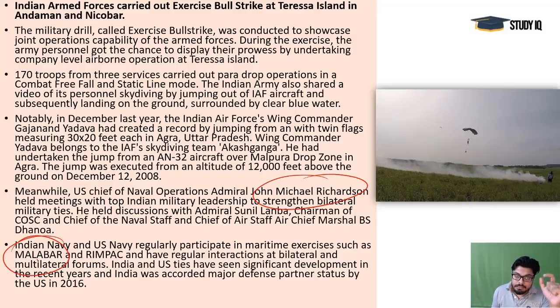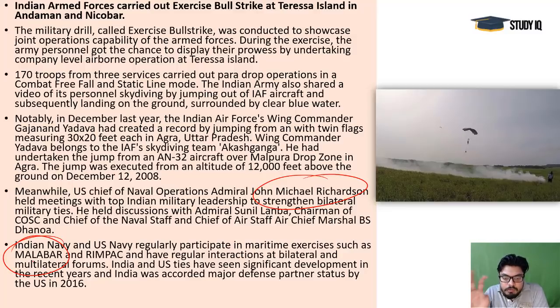Malabar Exercise is a very important exercise. It is between India, Japan and America. That is to counter China's influence mainly in the Indian Ocean region. These years the more focus is on countering China's efforts. Otherwise it used to happen there, and there is a Quad group also. That is also related to the Indian Ocean, because in the Quad group, India, Japan, Australia and USA, all these 4 countries are there, and that is again countering China's impact in the Indian Ocean region.